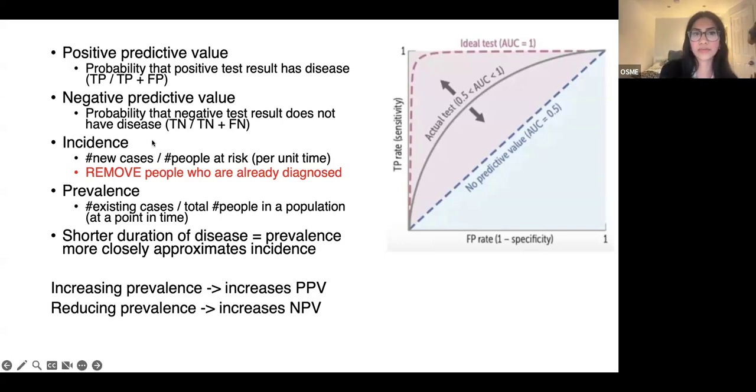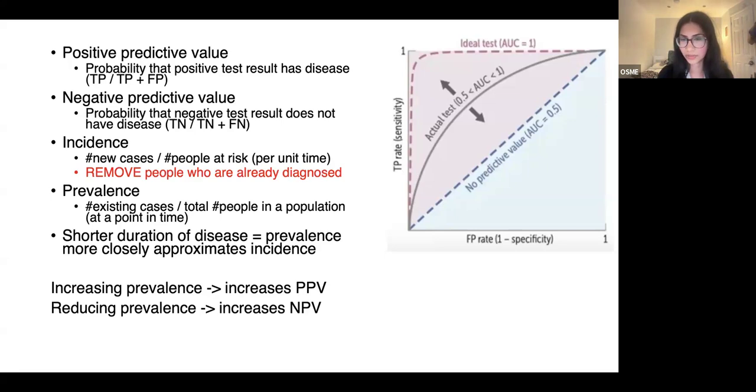We'll discuss now incidence and prevalence and the difference between those. You can be asked about the definitions of those two, and then how prevalence can affect PPV. So incidence is like how we use it in English, like how many incidents are there? So the number of new cases. But the important thing is the denominator, which is the number of people at risk. This is all over a unit of time. So, for example, the incidence in a year is the number of new cases of, for example, pneumonia over the year in that population. And when I say people at risk, we need to remove anyone who's already been